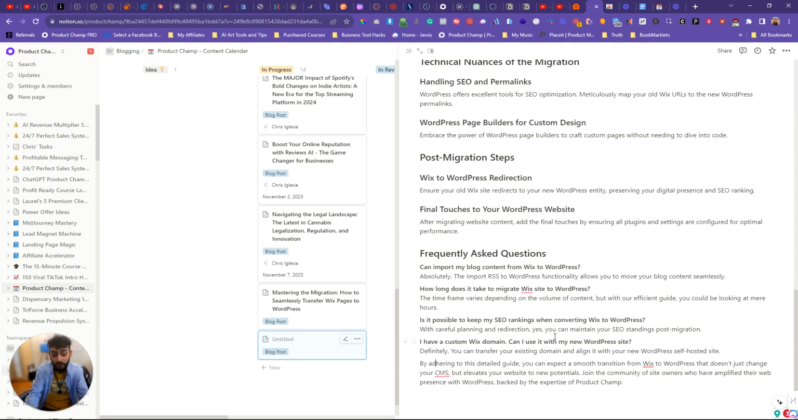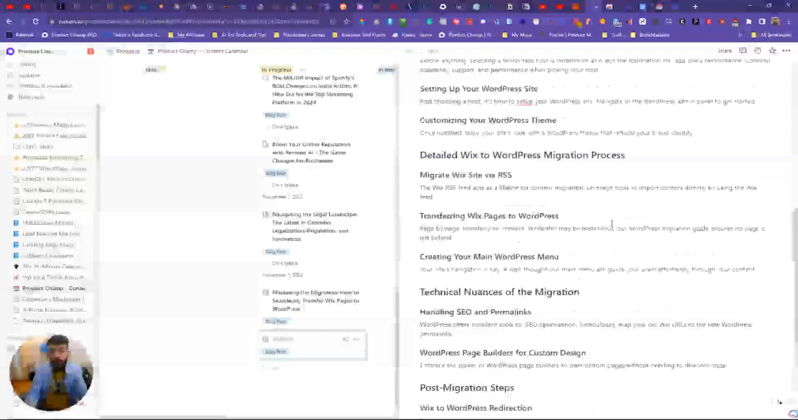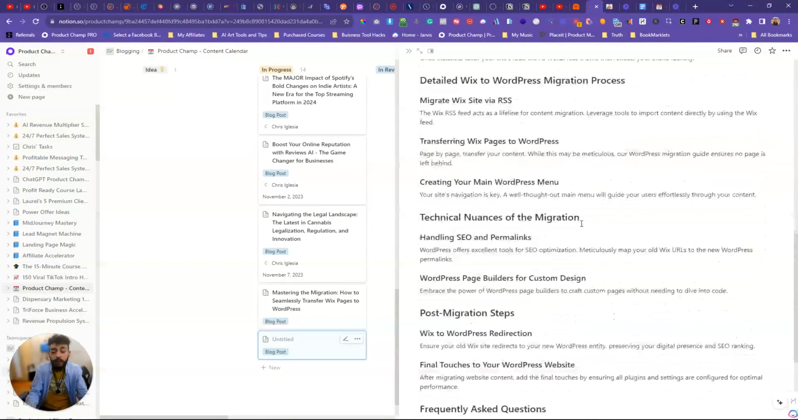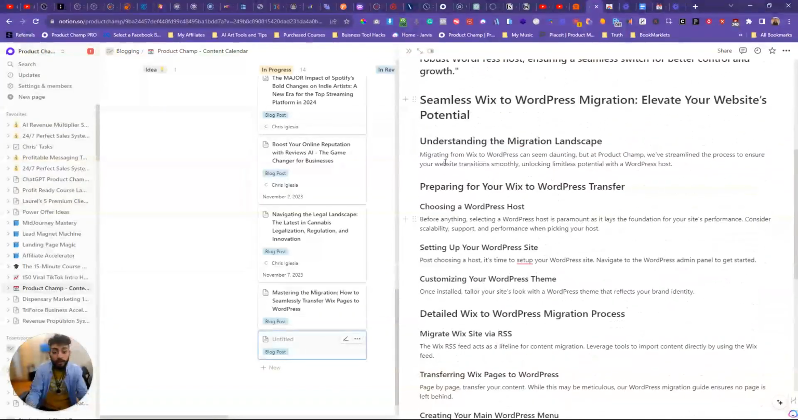Join the community of site owners who have amplified their web presence with WordPress, backed by the expertise of Product Champ. So this could be a link to my community, my newsletter, and just get the reader into my community and get them into the next step of the customer journey. And that's how you should be structuring and thinking about the content that you create as well. So I would take this, add a little bit of my own flavor, my own expertise to here,